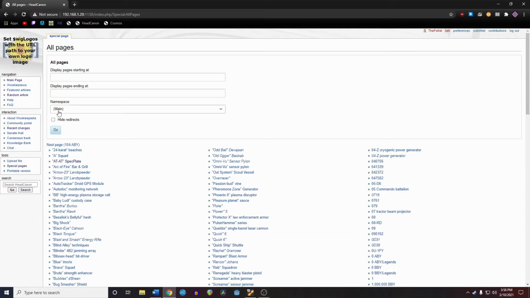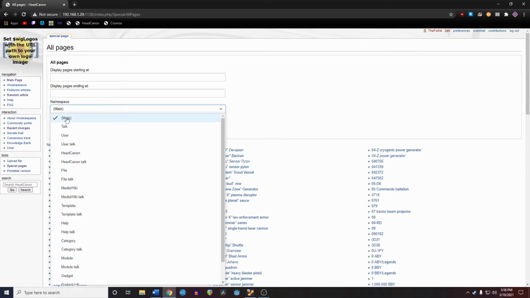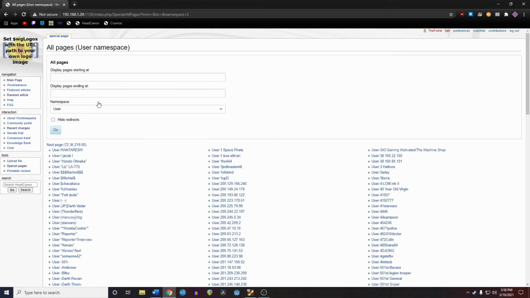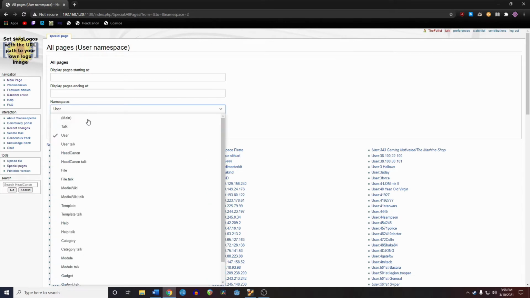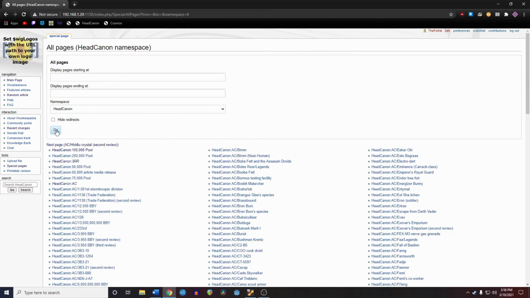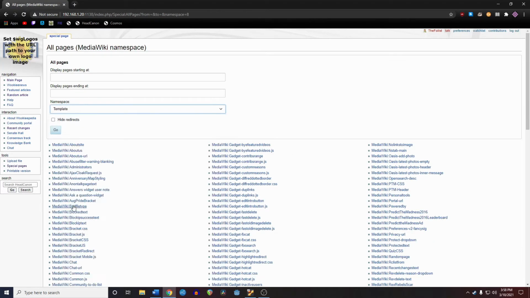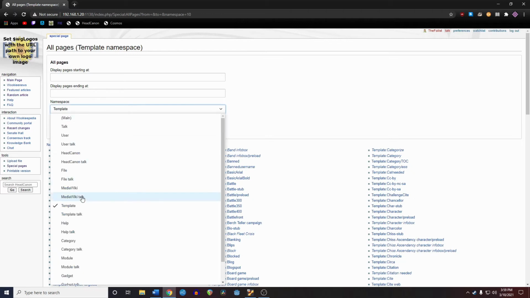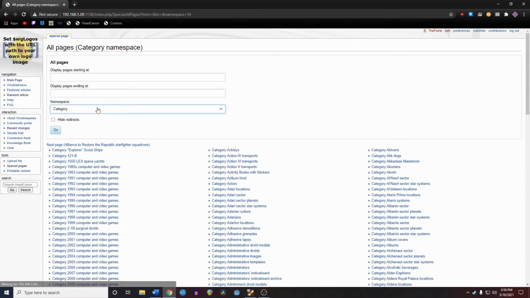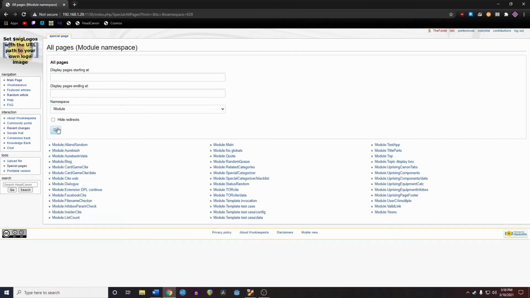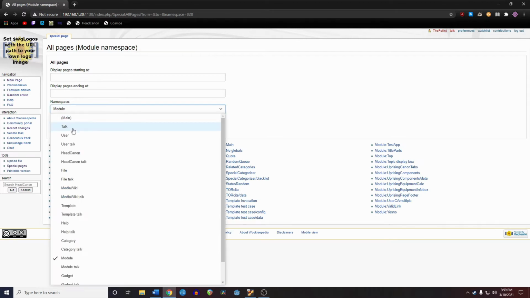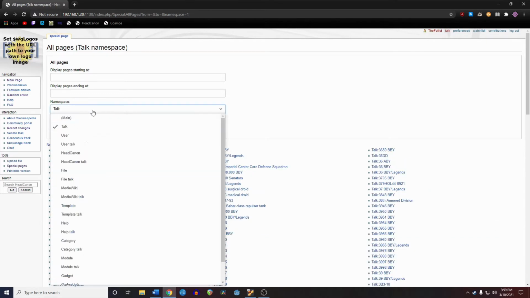In MediaWiki, all pages are sorted into what are called namespaces. Namespace 0 is for content articles, 2 is for users, 4 is for wiki-specific meta pages, 6 is for files, 8 is for internal MediaWiki stuff, 10 is for templates, 14 is for categories, and 828 is for Scribunto modules. The odd-numbered namespaces are for talk pages, which you can get to by clicking the discussion tab at the top